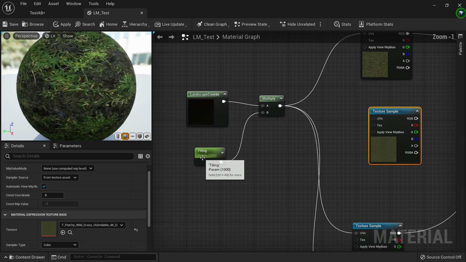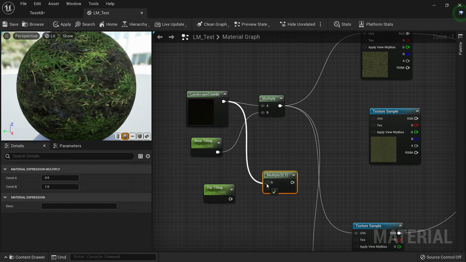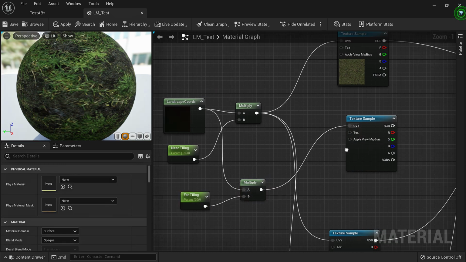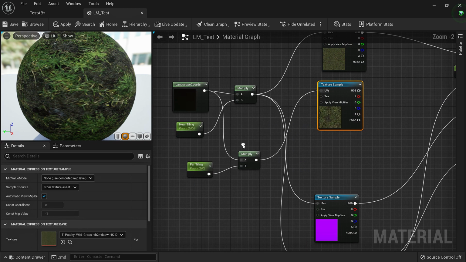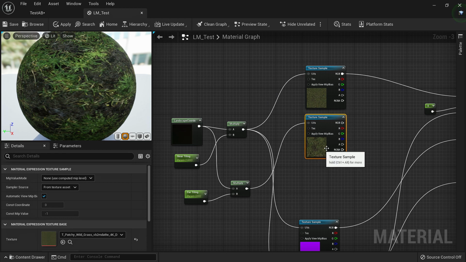For the near tiling, we will multiply our UV by 1000 by default. We would duplicate it and that would be our far tiling, and then we multiply that by our UVs and put it in the second texture sample that we duplicated. So the first one is the tiling scale for the textures that are close to us, and the second one is a larger texture for far away points.